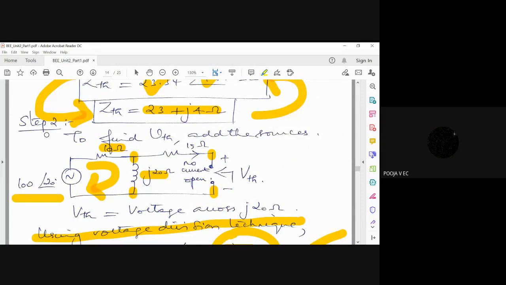Okay, sir. The general formula is sine omega t plus theta, right? So in the given source, see what is theta. In the example, 100 sine omega t means the value of theta is 0, right? So you can write the equivalent value of voltage as 100 angle 0. Simple, that's all. If you have 100 sine omega t plus 45 degrees, it will be 100 angle 45 degrees.